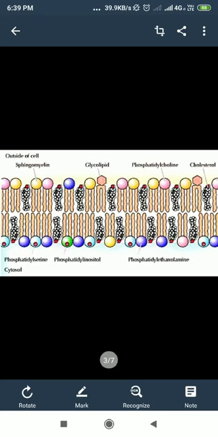There are also some special types of proteins throughout the membrane which convert one substance into another, and the special proteins which do this function, we generally call them enzymes. So in a nutshell, integral proteins play a major role in allowing polar molecules to come into the cell, and the peripheral proteins are less as compared to integral proteins, and the peripheral proteins are non-covalently attached. They can be